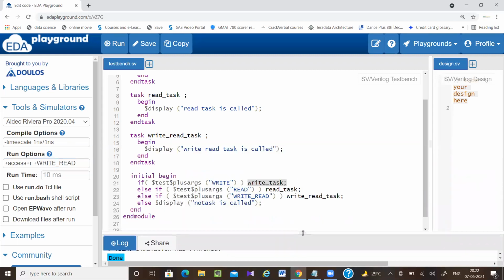Okay, so here it is else if. Okay, so here it is matched because this part is matched here. The prefix is matched here, so that's why it is calling the right task. So here instead of write read, I can write like this.